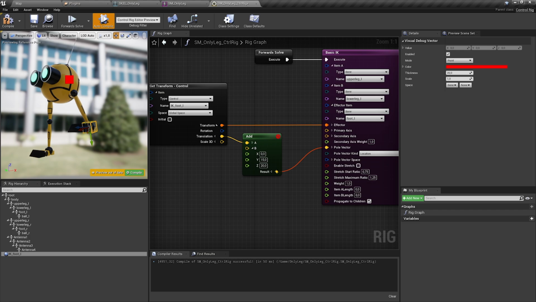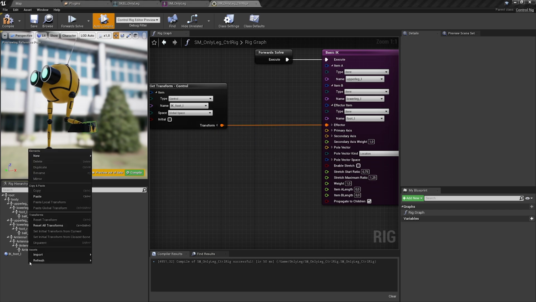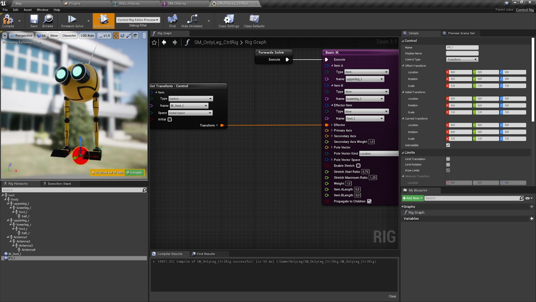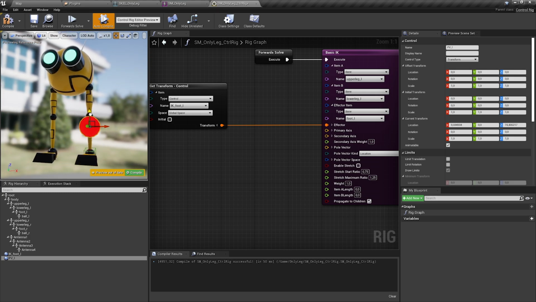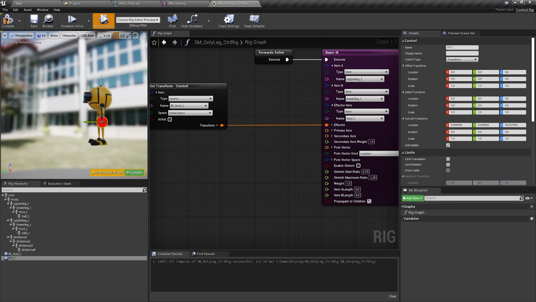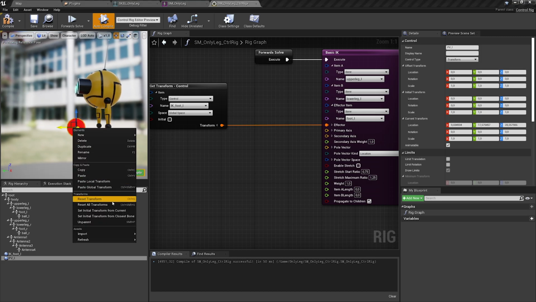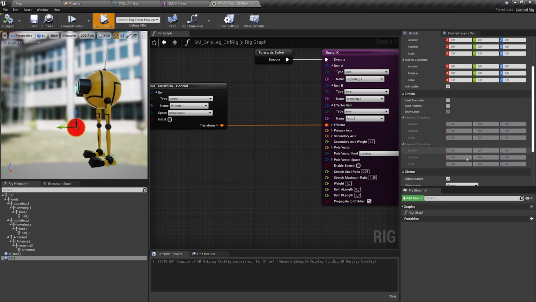So instead of using this node, let's create a small control for that. So again, I do right click here, new control, rename it to something like PV_L. And then we have the little ball here. So let's move it to the position where we want our knee to point to. Let's find a nice spot like here, and then right click, and now we can use as current, which is nice. So now it is set up properly.